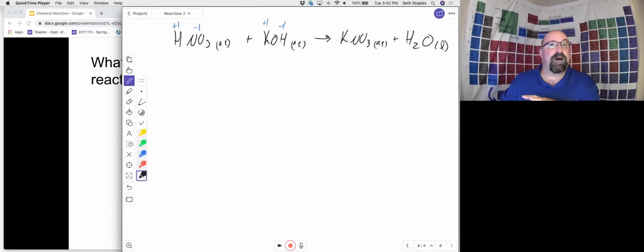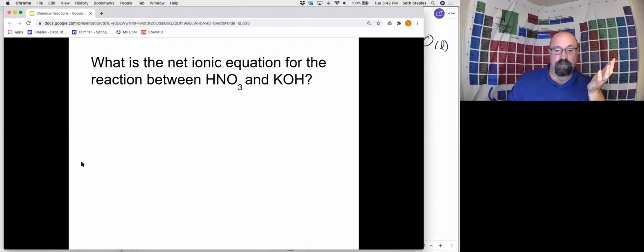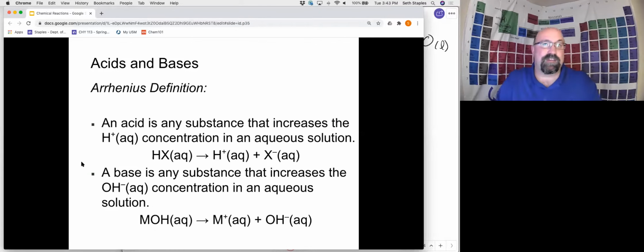Let's keep this in mind, because where this is bringing us, and maybe you recognize these, HNO3. That's an acid, right? That's nitric acid. We saw that during our naming rules when we were talking about molecular compounds. KOH, that OH makes it a base. So this is an acid-base reaction, which leads us into our next topic quite nicely, looking at different aspects of